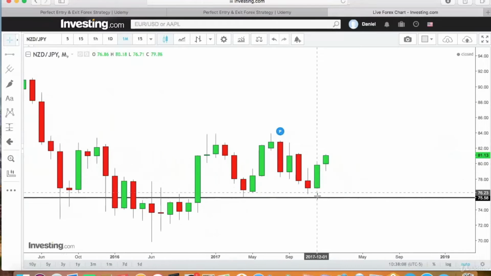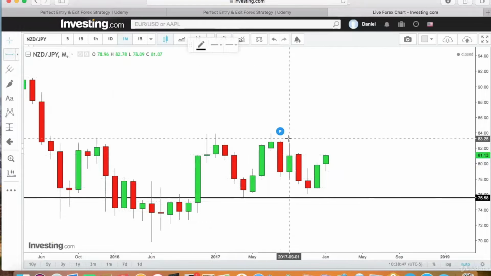So if you see here, you saw this good candle rejection to the upside, and price pushed down, came back to retest the support level, which it just tested here as well, and now it's pushing back up. So where's the most likely place for price to go? And if you see, you have a wick here to the upside and a wick here to the upside. So if you put resistance here